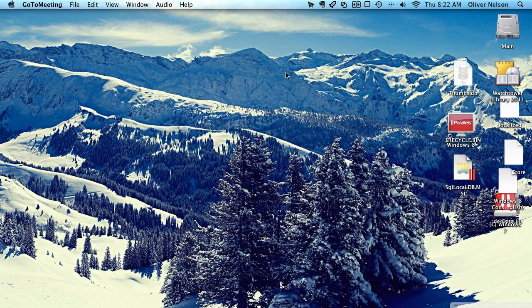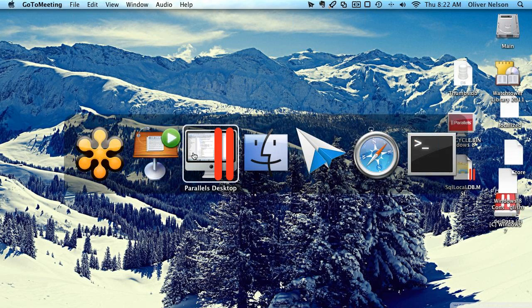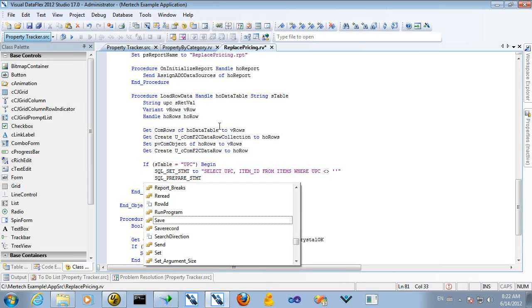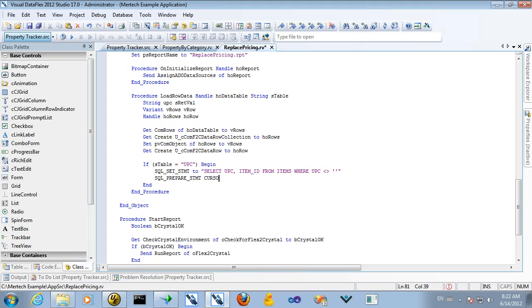Okay, so Ken is asking, I have old reports with CDOs. Do I have to convert them to ADO, or will they work? You do not need to convert them at all for this. They will work just as they are right now. This is mostly to show new report development and some of the new features for new report development. CDO is still supported, but this is probably the last version of